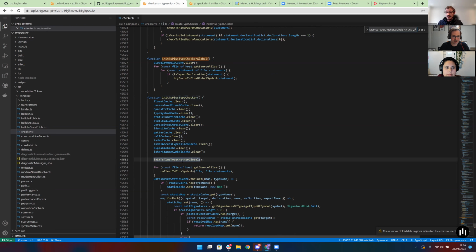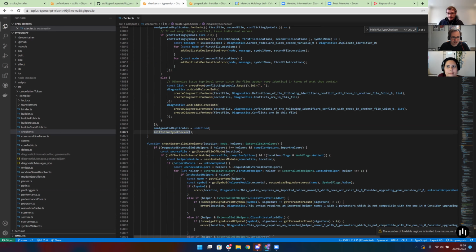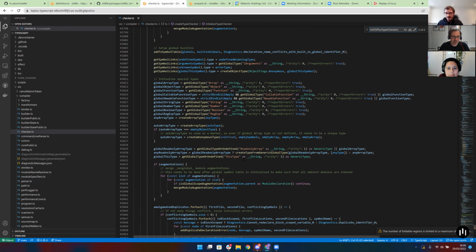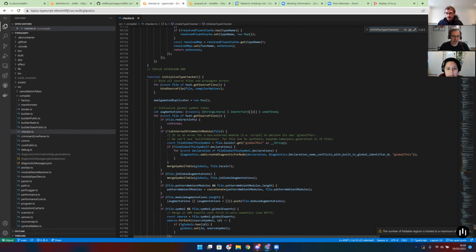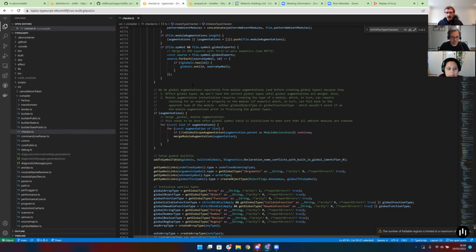It's not so unintuitive, but now it's called at a very specific place, in here as a separated process. And this is called in the normal initialization of the TypeScript compiler, which is the initialize type checker. This is pure TypeScript. At the very end,